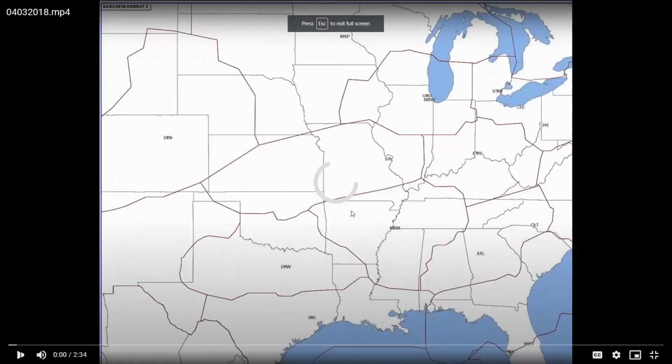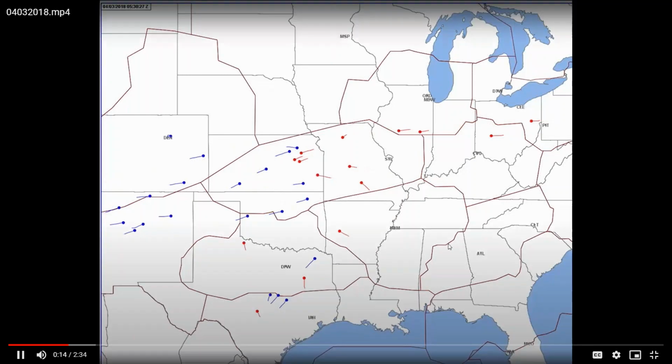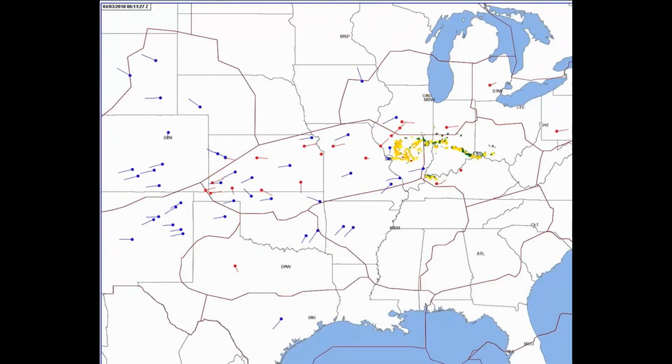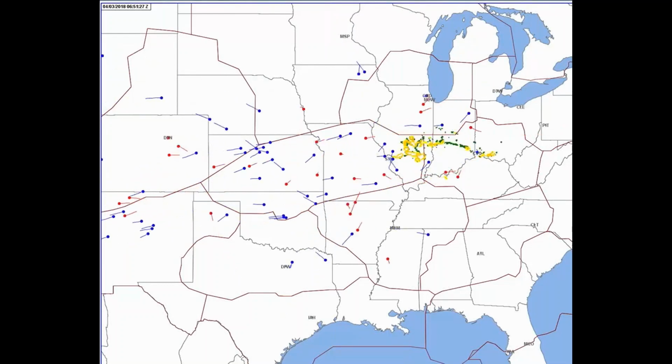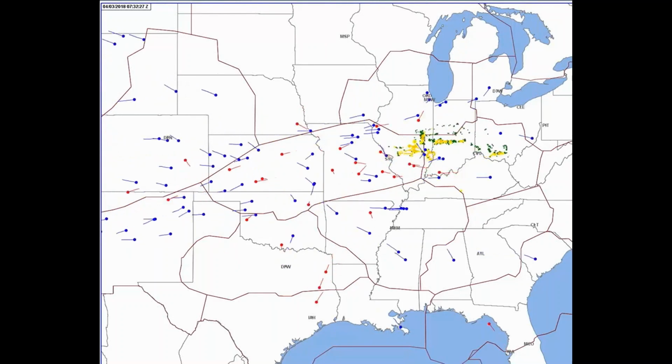So again, this is close to that other scenario that we saw with thunderstorms across the northeast portion. This starts very early in the morning. So you'll see there's not a whole lot of air traffic at first. And then as we get into the next couple of hours, it'll be closer to early morning when we'll see the airplanes start to especially pick up out of Louisville and Memphis, where the cargo carriers are. You'll see this flurry of activity here in a minute.